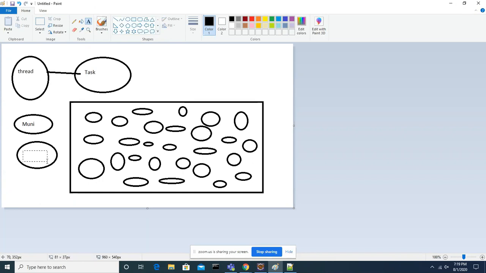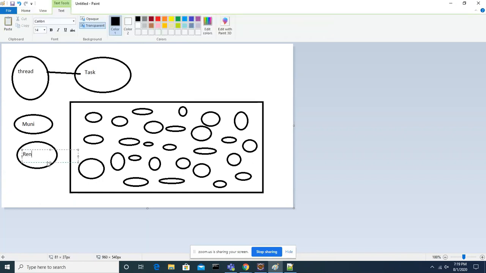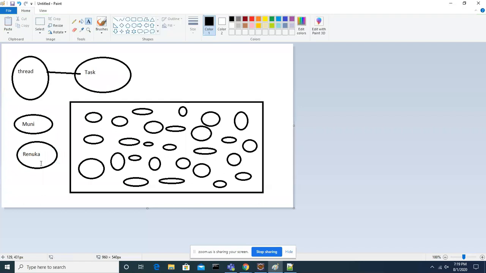Thread one is Muni, thread two is Renuka. Two persons are working on the same task in parallel, so that we are able to complete the task in very little time, to reduce the time only, right? So we can call it multi-threading. So what is the best advantage of multi-threading, guys?